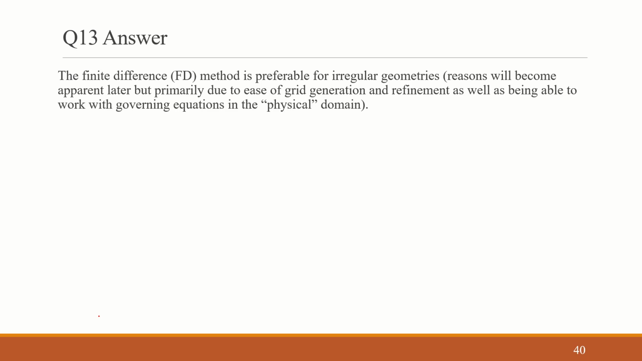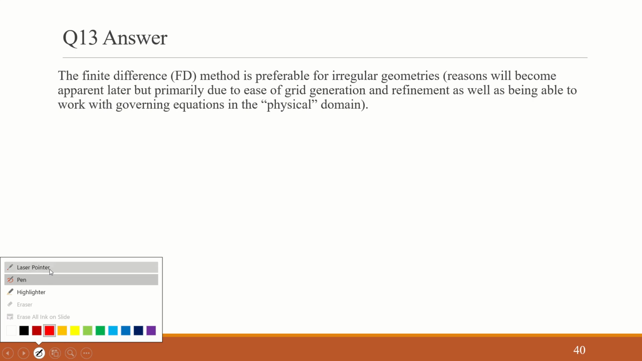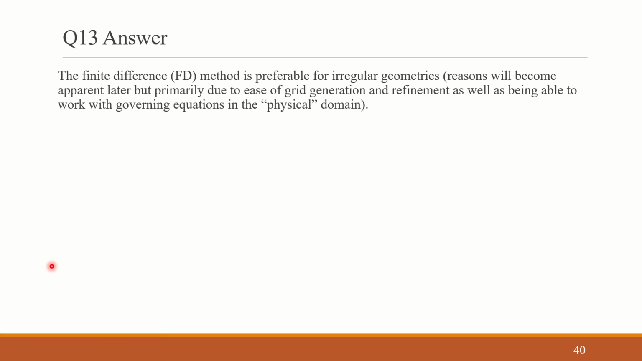So the finite difference approach is preferable for irregular geometries. Reasons will become apparent later, but primarily due to the ease of grid generation and refinement, as well as being able to work with governing equations in the physical domain. Like the finite difference method, it is easier to generate grid when compared to the finite volume approach. That is why we are